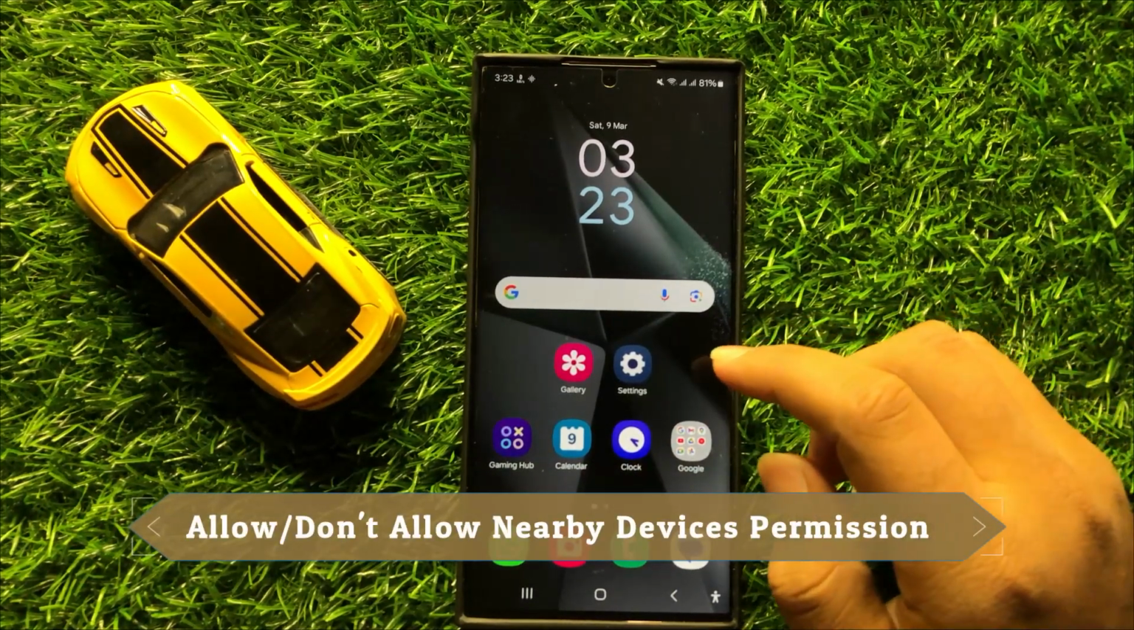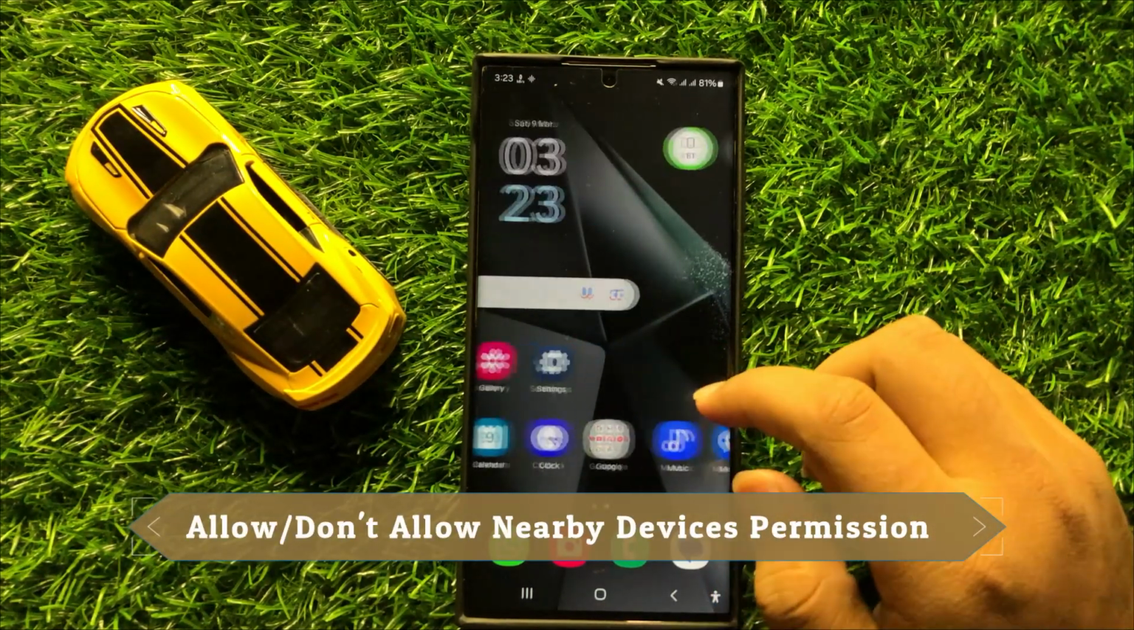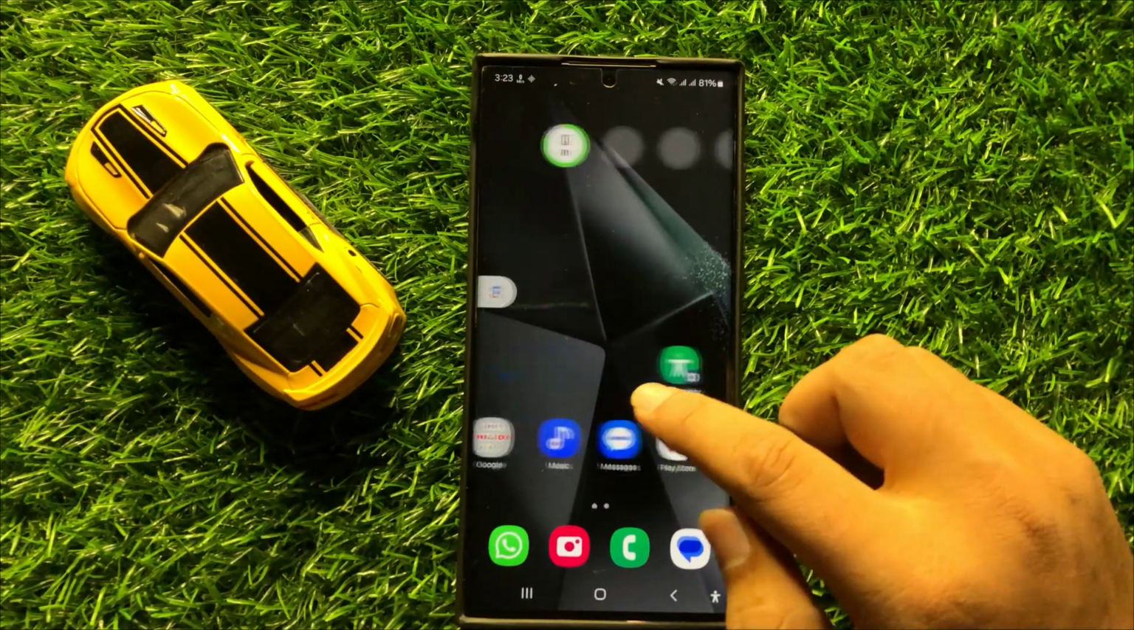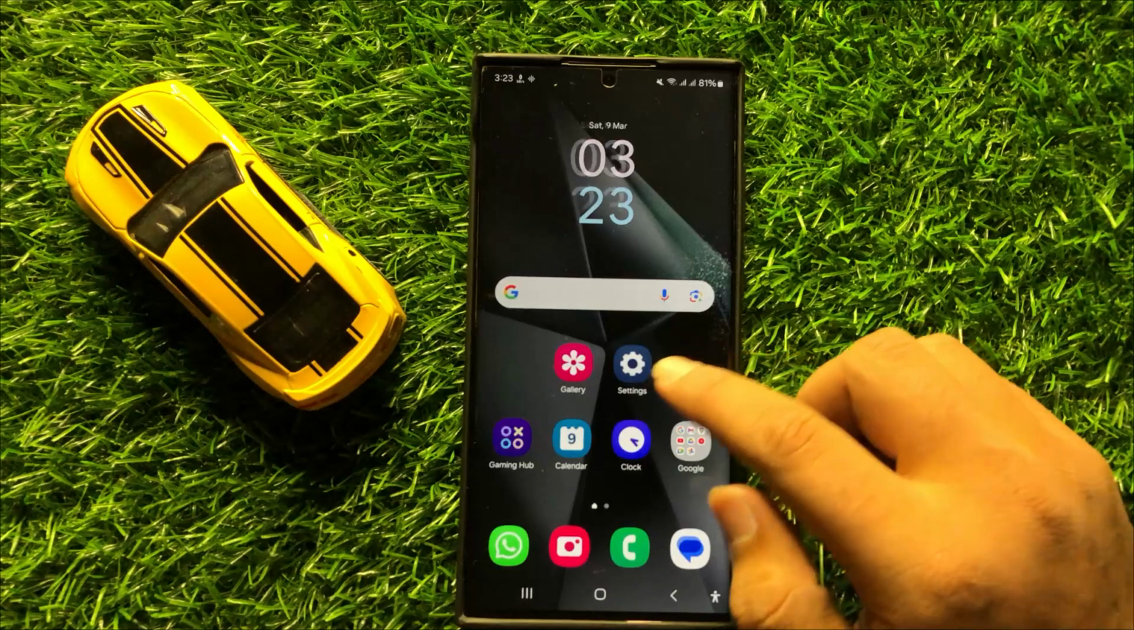Hello everyone, in this video I will show you how to allow or don't allow nearby devices permission in Samsung